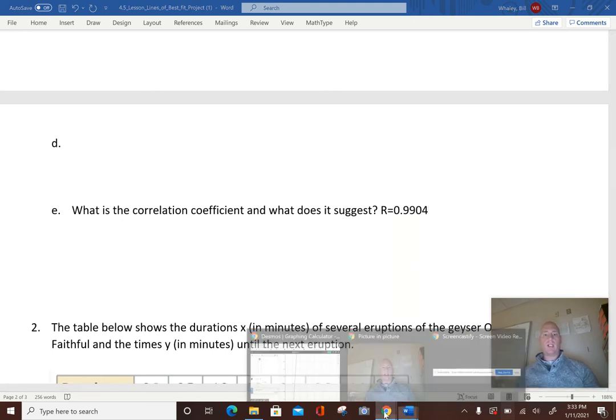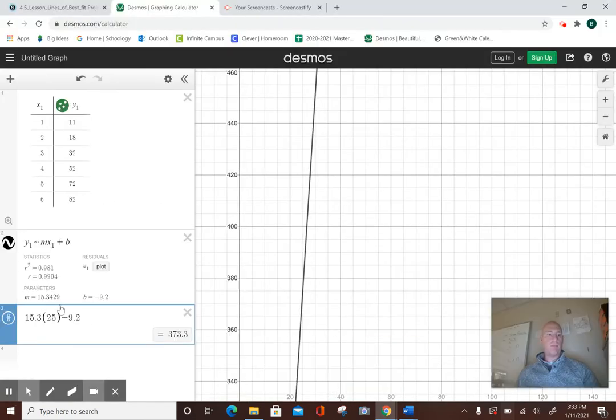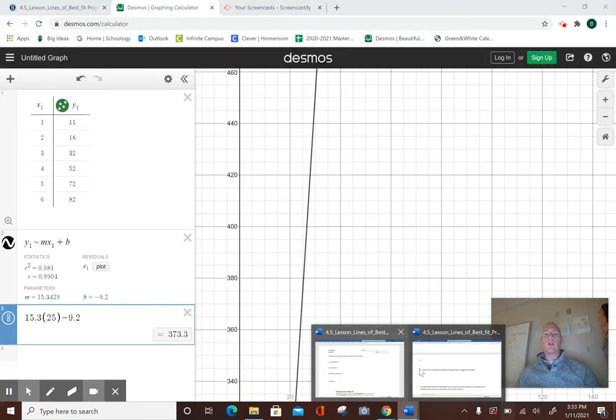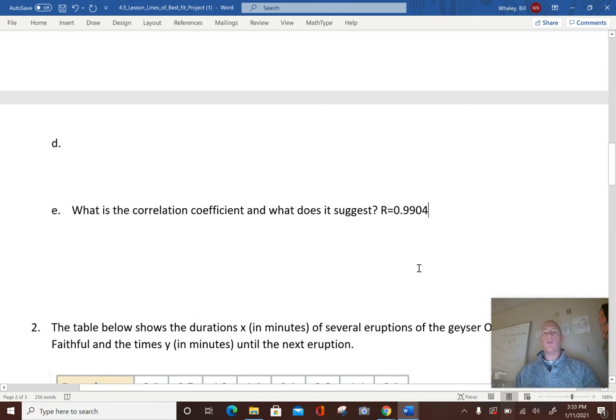Let me double check that. Yep. So what our correlation coefficient means. Remember, our correlation coefficient is just a number that represents how accurate our line is. Go back to that table, or if you don't remember, go back to the YouTube clip just before this one where I explain correlation coefficients. What this one means